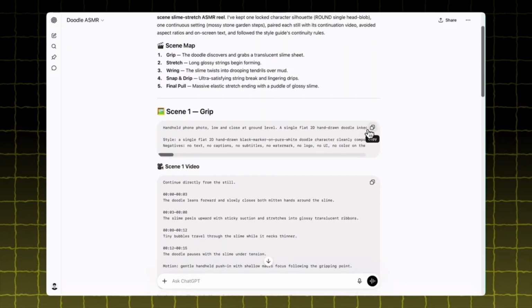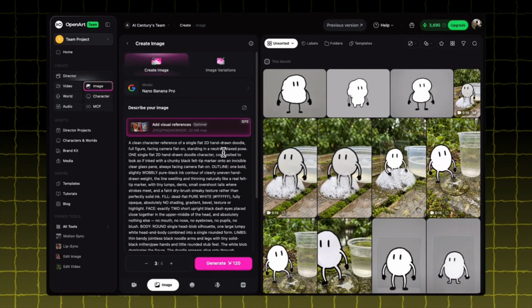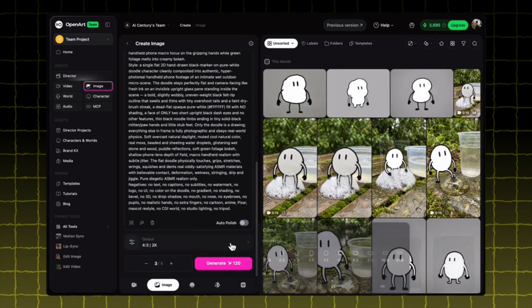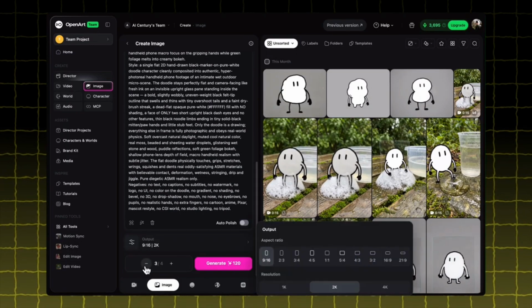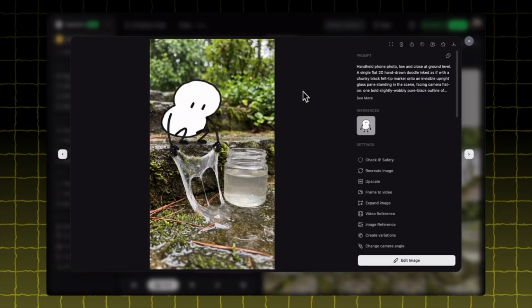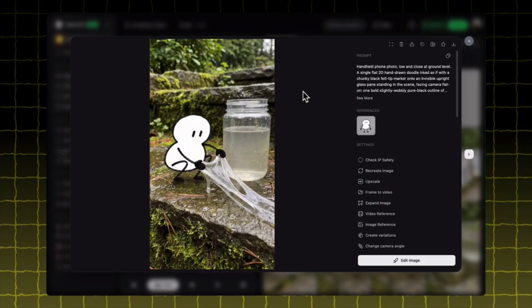So copy first image prompt, switch to OpenArt, paste it into Create Image, attach the doodle reference so the character stays consistent, keep the aspect ratio at 9:16, and generate. The doodle crouches low over the wet, mossy stone steps, both hands gripping the edge of a translucent slime sheet just starting to sag under its own weight, the water jar beside it and greenery filling the background under soft,